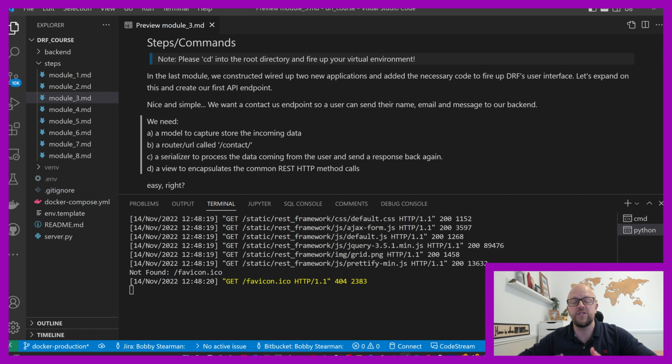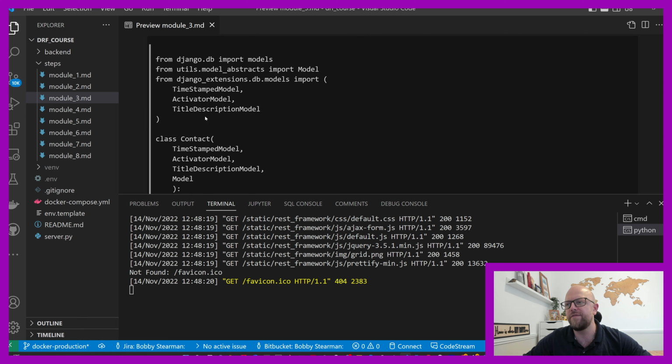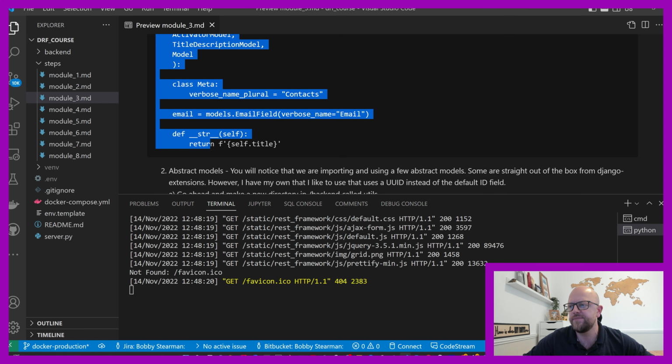We use a router to point the request to the correct place, and we use a model to save information to a database. Okay, and that's easy, right? So let's go ahead and build our first model. Okay, so let's take this information,